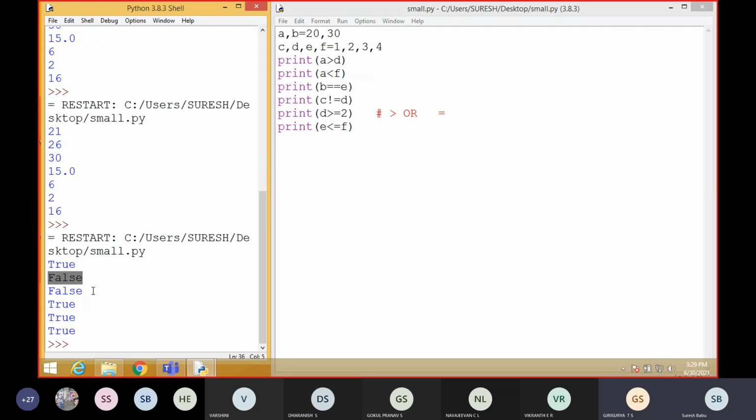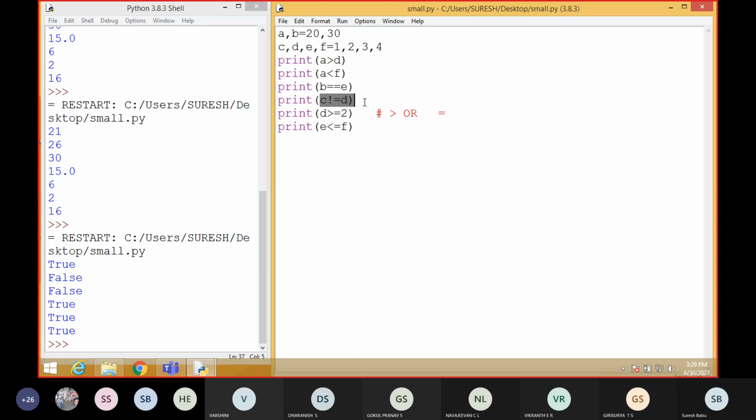Sir, can you please explain the fourth one? This one? Yes, sir, that one. This is equality checking, not the not-equal checking. B equal to E means we are checking whether the left side value and right side value are equal or not. Equal means true, not equal means false.